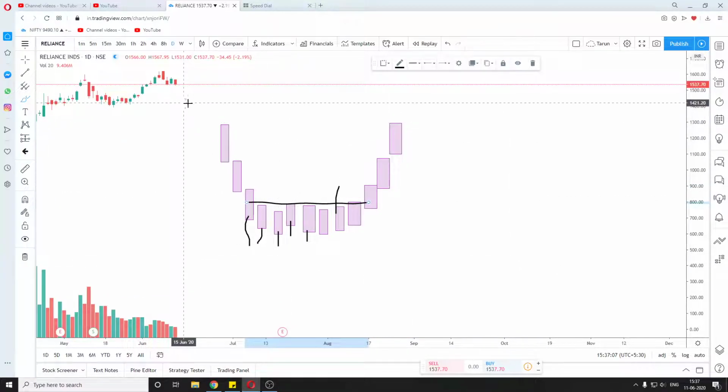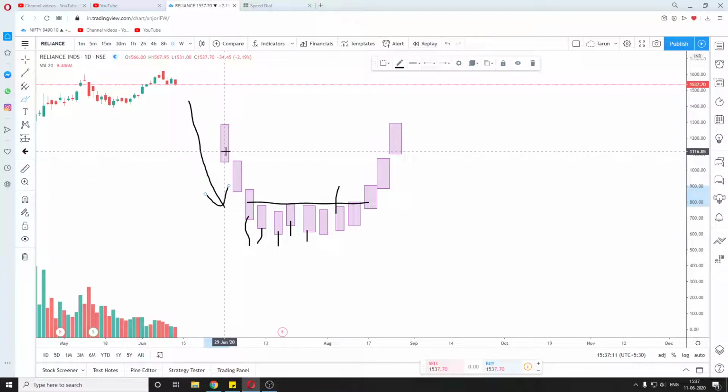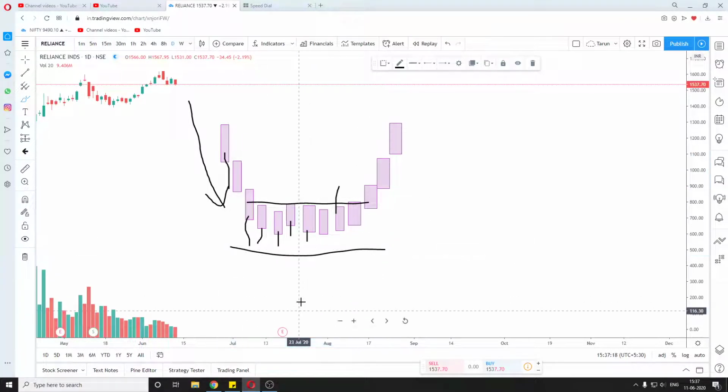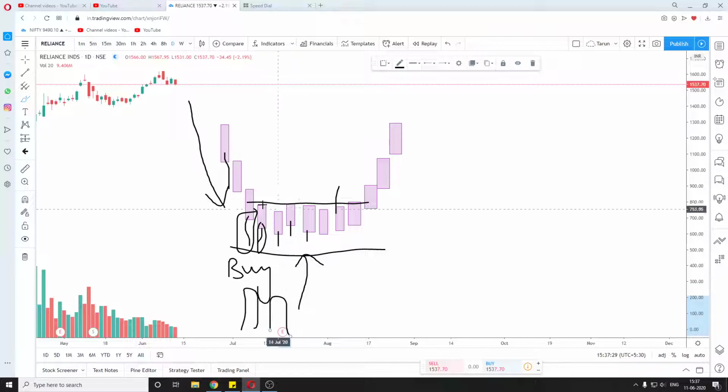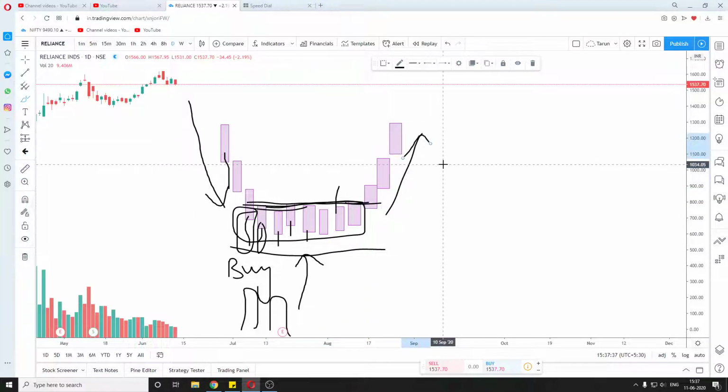So this represents first the downward movement, and then at the bottom, remember this point, at the bottom we have a buying climax, where there will be a lot of buying at these levels, and we will see a lot of bottom wicks and a high volume area. And then we will move on to an accumulation period, and then we will have a breakout from the accumulation phase, moving to the top.